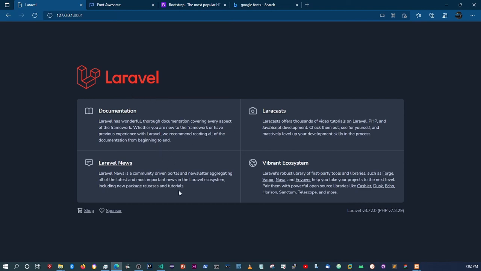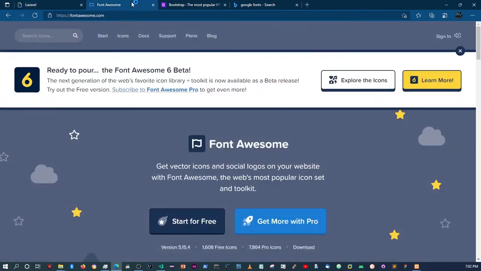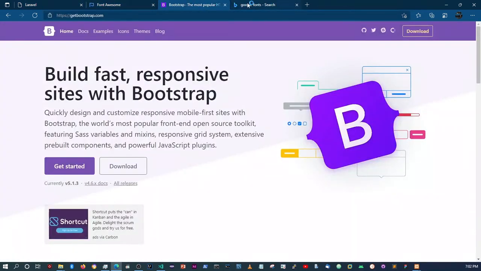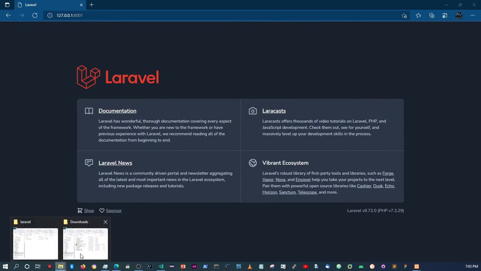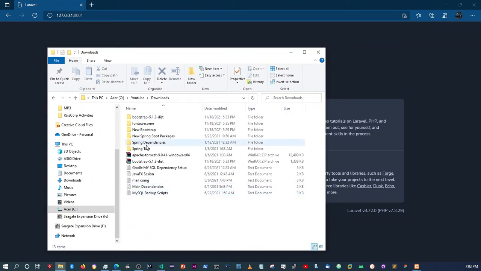to set up the resources that we're going to need for our application, which is going to be Font Awesome, Bootstrap, etc. Actually, let me close off these tabs here. Okay. So I have Bootstrap downloaded onto my folder called C Drive YouTube Downloads. Wherever you downloaded your resources, that's fine. But I have Font Awesome and Bootstrap downloaded within